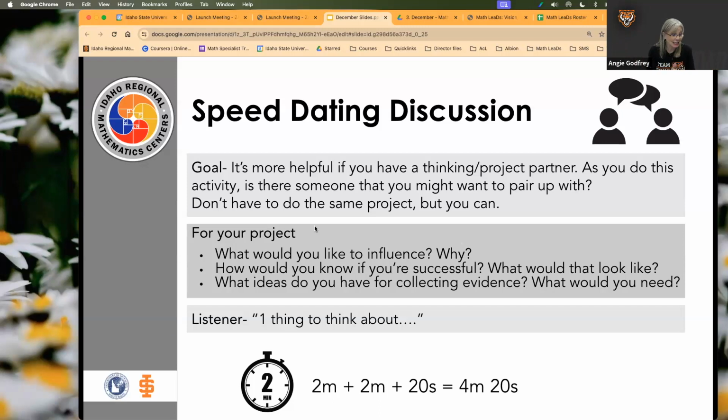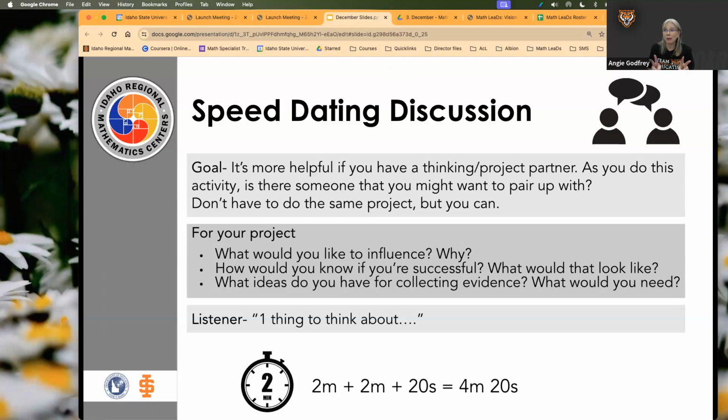You're going to get, and I'm going to be like a timer Nazi, exactly 4 minutes and 20 seconds. 2 minutes per person and 20 seconds for transition. And as soon as you get with your partner, I'm going to set the breakout groups to be just partners of 2, and I'm going to put you in your breakout rooms.